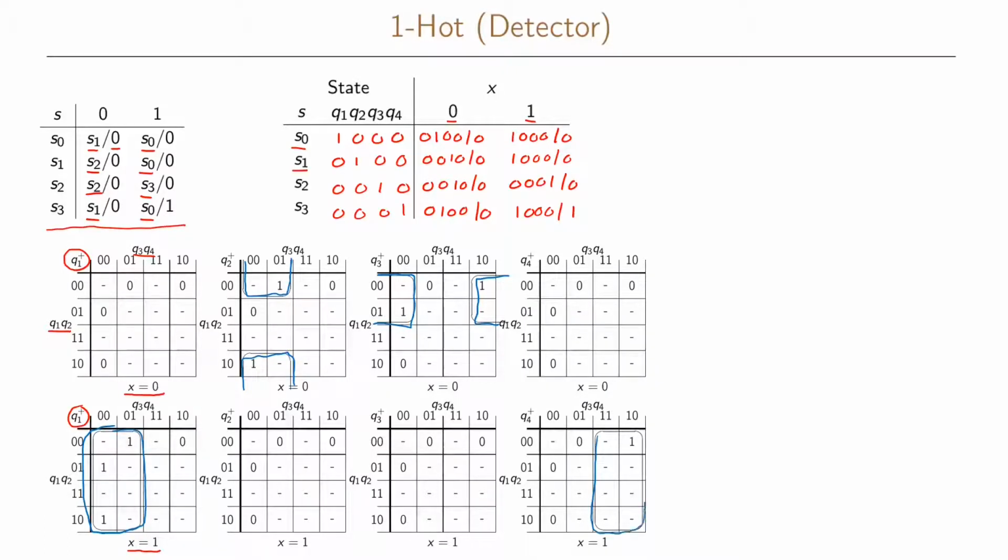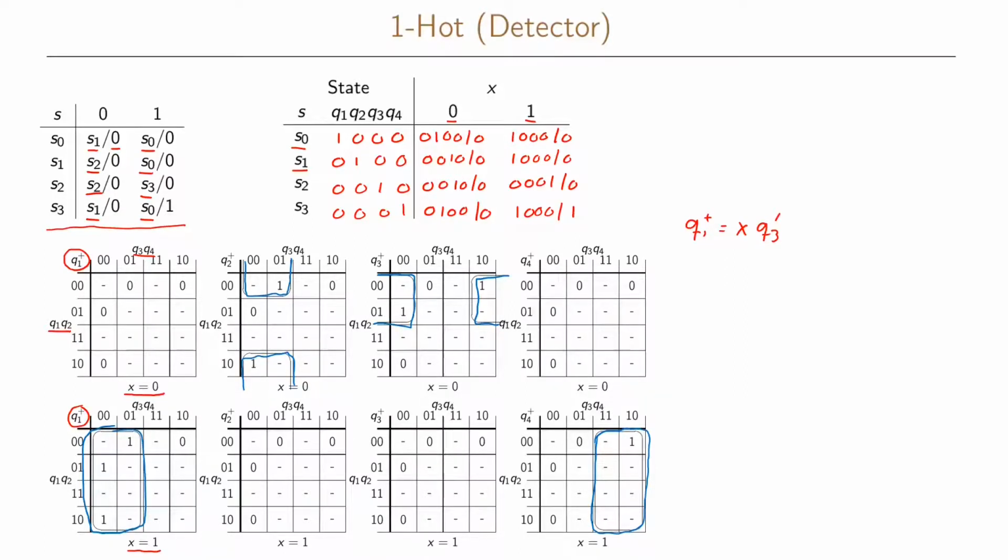And the reason for this is that we have so many don't care terms and very few ones. So when we want to cover our ones, we use as many don't care terms as we need in order to make as large rectangular blocks as possible for each of the ones. And writing our functions here, we can see that Q1+ can be written as X Q3',